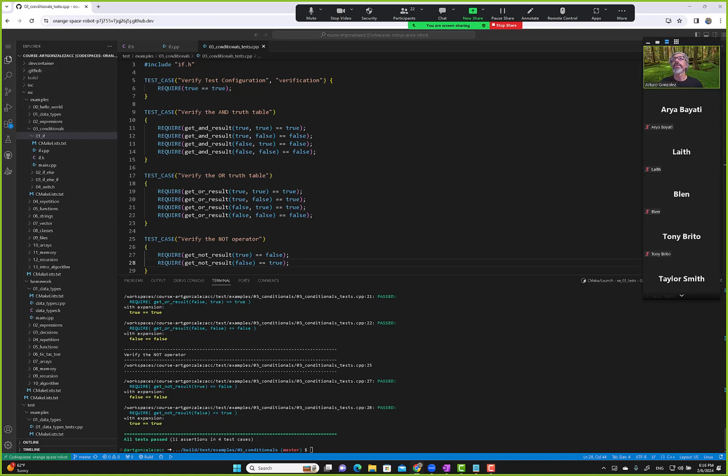Let me verify something. Order of operations from highest to lowest is not, then and, then or. So maybe we should validate that, just to see if that's the case, and then we'll use a real